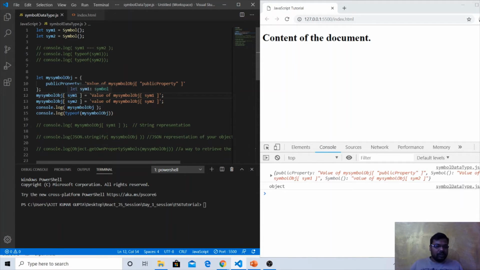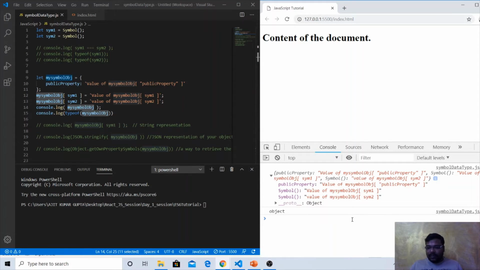Now we can see what is coming here, and typeof, as I have created an object type variable, returns that my symbol object is of object type. But we need to concentrate on what is inside this symbol object.